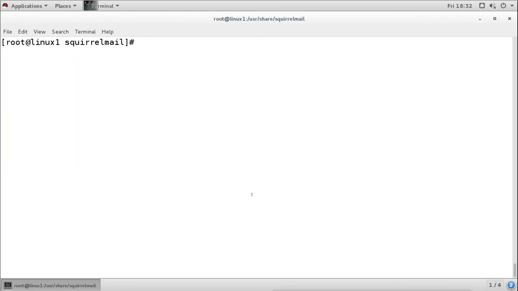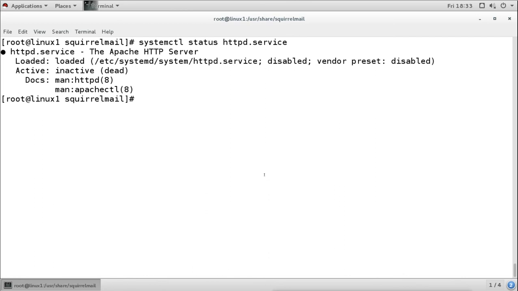One more thing which we need is our HTTP server. The HTTP server must also be running. So systemctl status httpd. It is not running, so I will start it, and we can verify whether the site is working or not.